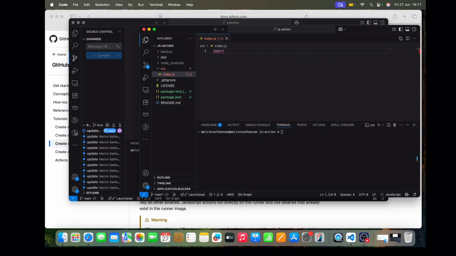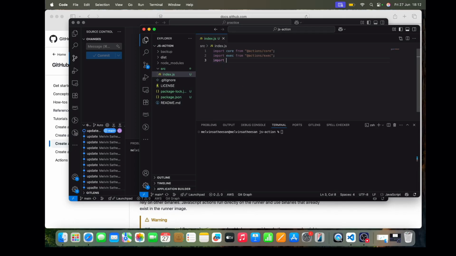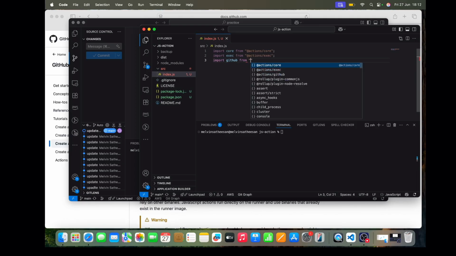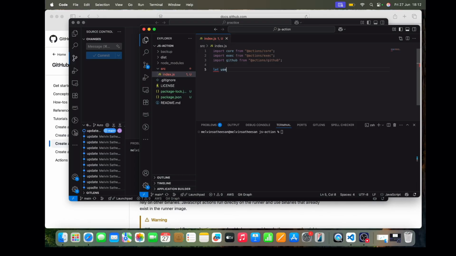So import core from @actions/core. Import exec from @actions/exec, then import github from @actions/github. We have those three components. Next, we are going to define the variable here. let user_name equal to